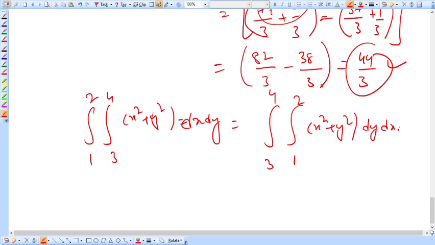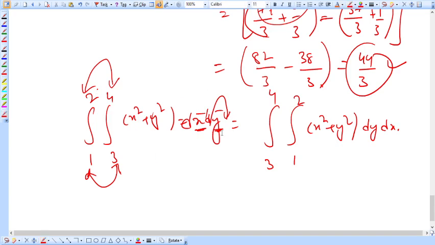So this was basically to tell you that if you interchange these variables, then you will have to change the limits also. Okay, right? So if you are changing these two, you will have to change the limits of these variables also, and whatever result you are going to get after changing the order of integration, it is still the same. Therefore you can write that the value of the integral remains unchanged when we change the order of the integration, right? So I hope you got it, what this integration is.